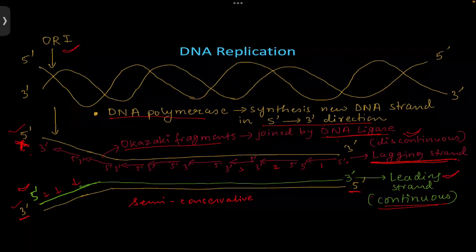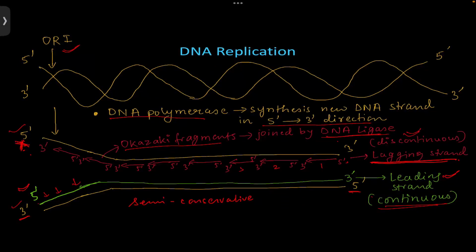Because two DNA molecules are formed. Each of the DNA molecules has the parental or original strand and the newly synthesized strand. That is semi-conservative. And the synthesis on the template strand that is running from 3' to 5'